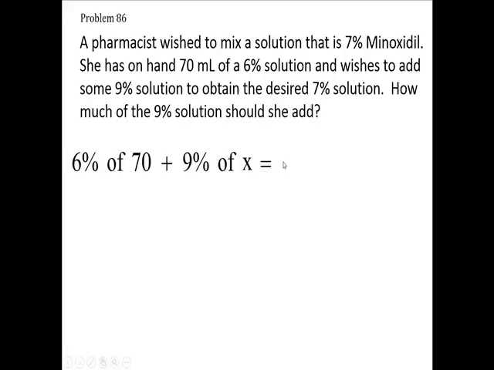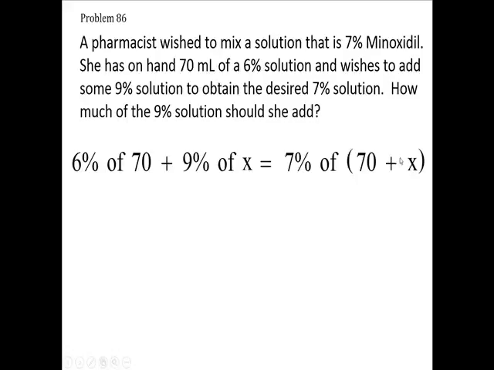And then we're going to get what? 7% of what? Well, we start off adding in the what? First of all, you have on hand how much? And then you add in how much? You don't know how much. That's the unknown. We're adding 9%. We want to know how much of it do I add. So I start off with a 70, and then I add in the x, the unknown. All right? So if you can write this, that's the hardest part of doing this problem, is reading these words